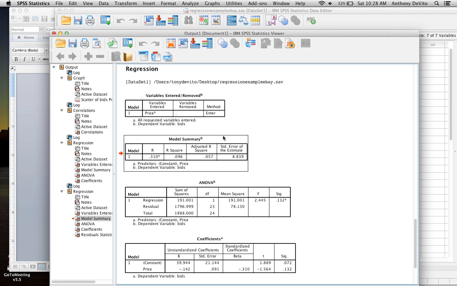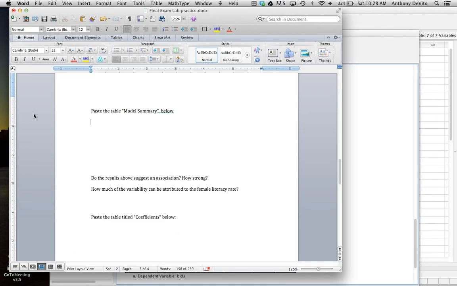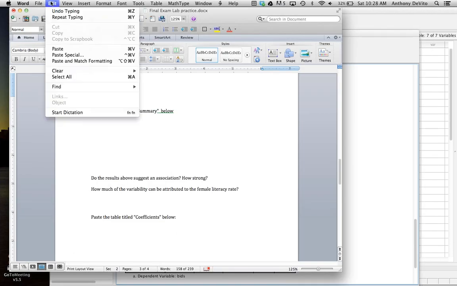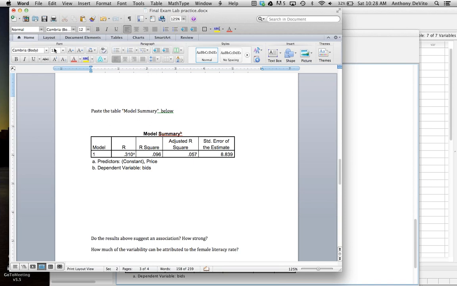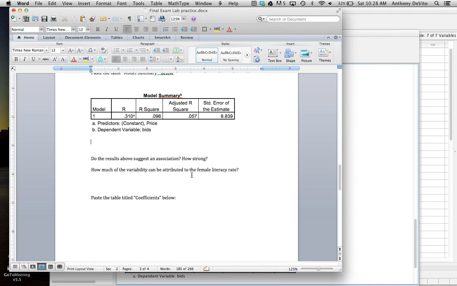Okay, here's our model table with our correlation, our R value and R square value. I'm going to highlight it, go up here and say copy. Then I'm going to go back to my Word document. I'm going to say paste. If I say paste at this stage, not much of a problem, right? That worked out pretty well, so I'm not going to worry about that. So now it asks us a few questions about it. I think we answered most of those questions, except for us,